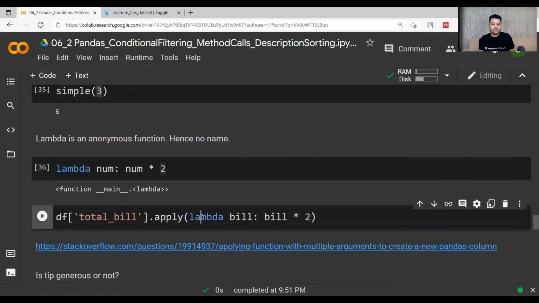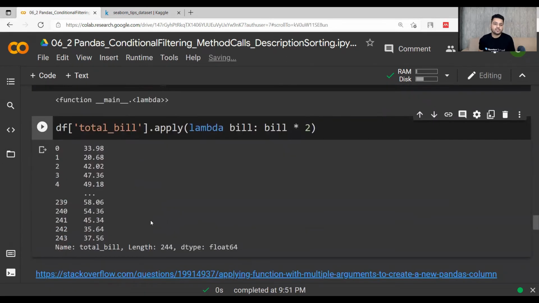If I apply this lambda function, bill colon bill into 2, every value will be picked out of the total bill column, and all those values will be multiplied by 2 because of this apply function. So it is kind of a broadcast function over the full data frame.